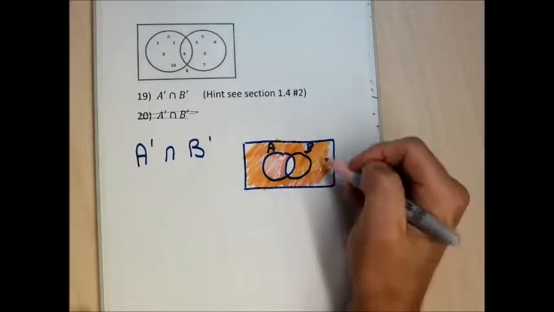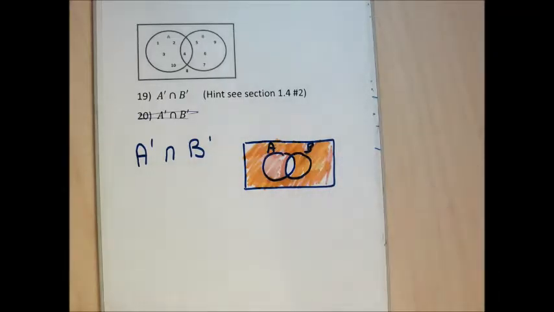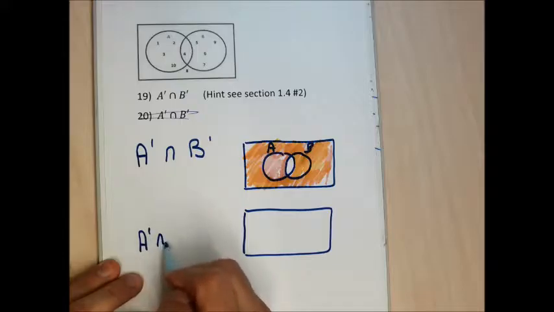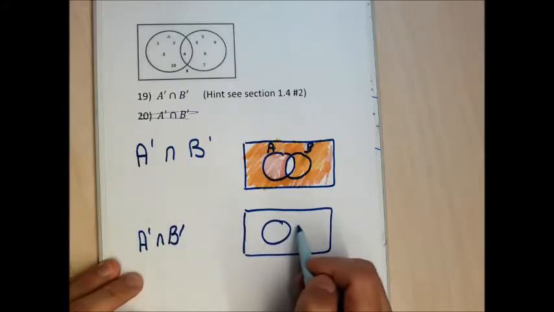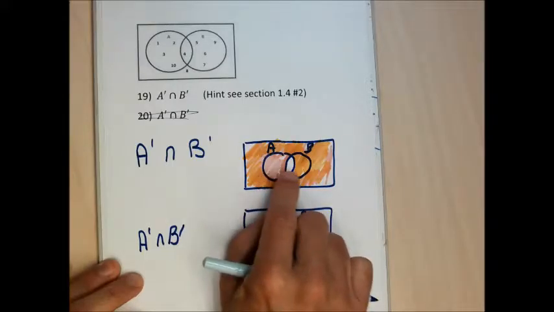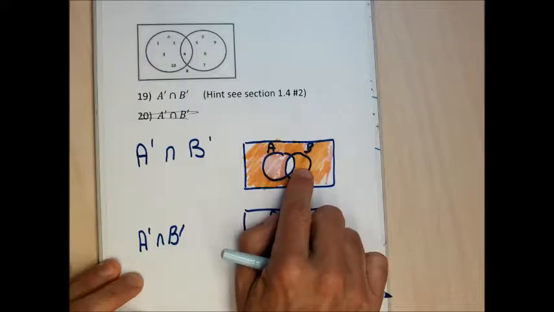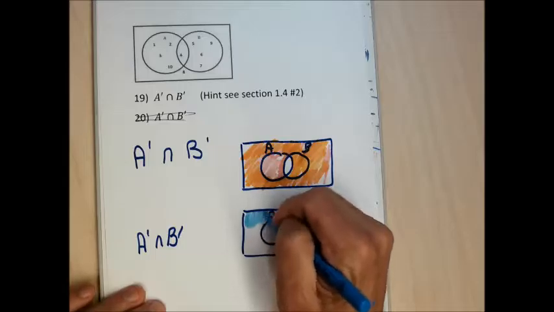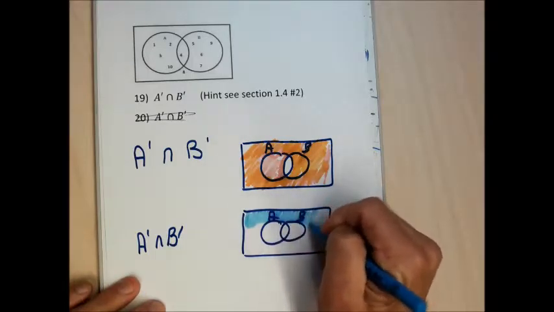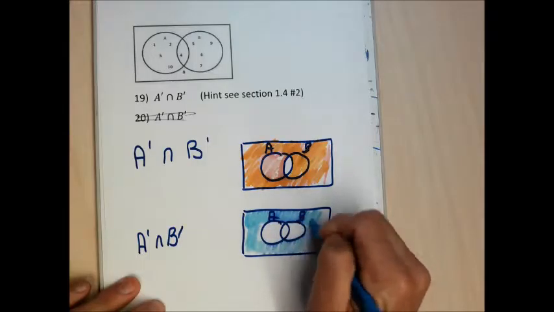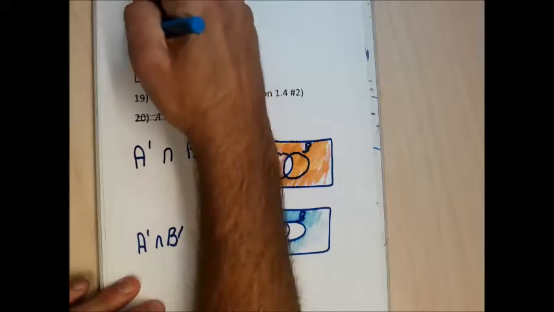And now I have to figure out where I have both colors of shading, because that's where I need to focus for my answer. It looks to me like inside that circle there's only pink, in that part of the circle there's only orange. Outside the circles I have both colors of shading. It looks to me like the region that has both colored shadings is that part of the region there. So I'm going to transfer that